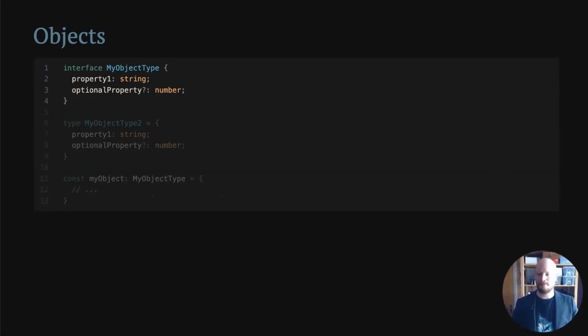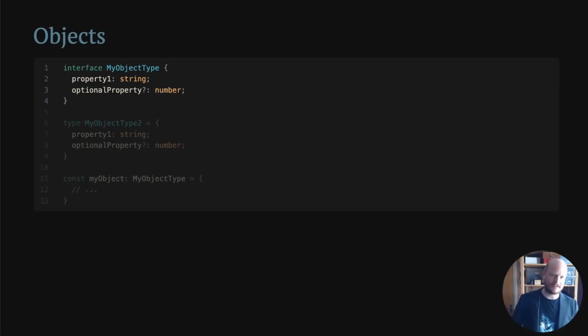And then you write properties and their types, just as you would with a normal JavaScript object with keys and values. You separate each line with a semicolon in this case, and not a comma as you would in a JavaScript object. And here you also see that I have an optional property which has a little question mark at the end. And that means that you don't have to have that in your object of this type.